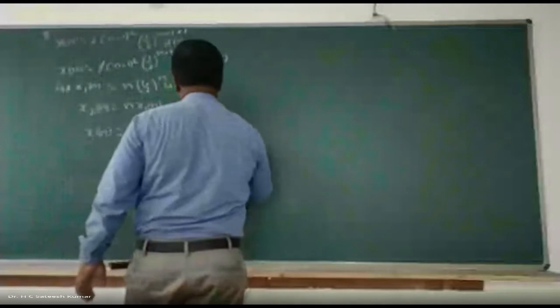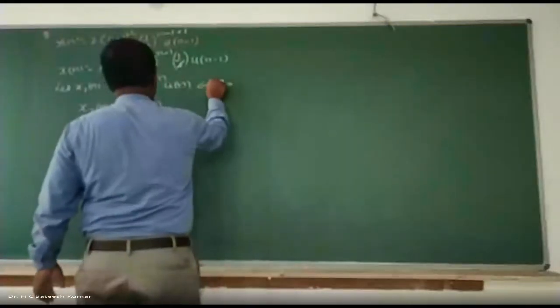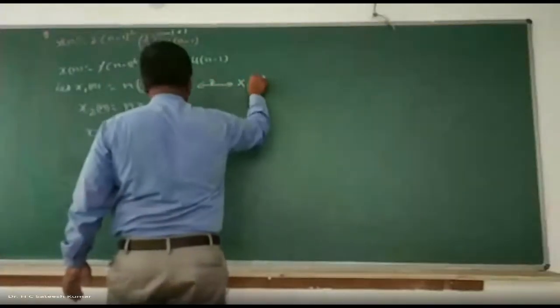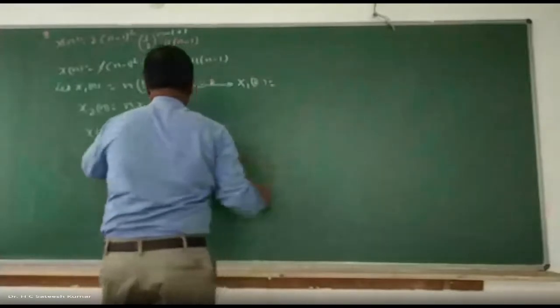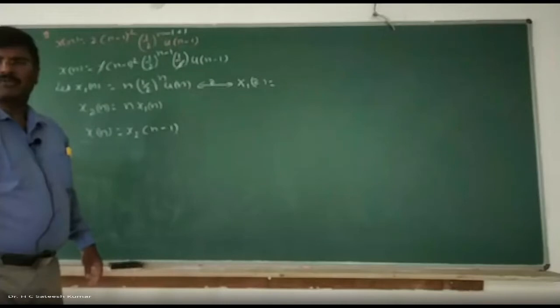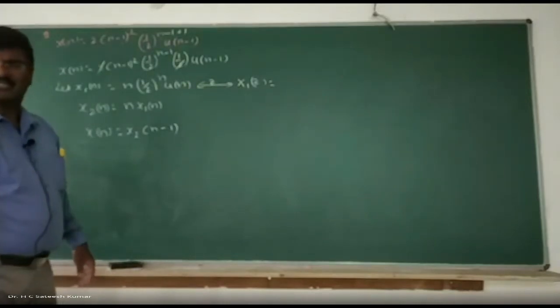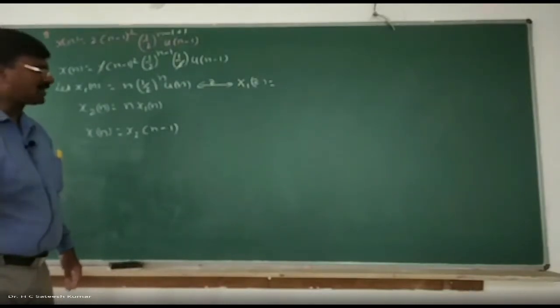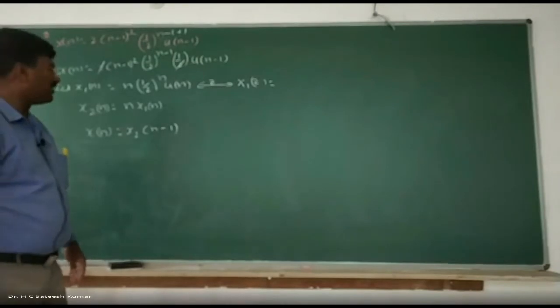Okay, right. Now once you get this, go for Z transformation. Z transformation is x1 of z is equal to the Z transform of n into a power n into u of n. n into a power n into u of n is nothing but az divided by z minus a whole square. You can check it out. Okay, check it in the table. What is it that we have?